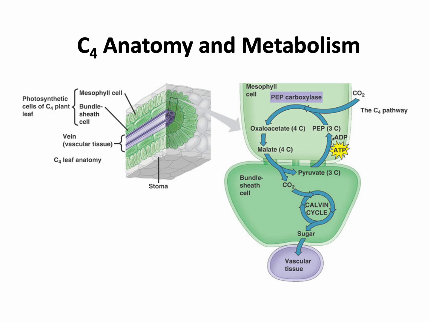Then it gets imported through special channels into the bundle sheath cells, which you see are located in the lower cell there. And in the bundle sheath cell, it's going to release this CO2 from this 4-carbon molecule. It becomes a 3-carbon pyruvate at the same time, and then that gets cycled back in. So they basically have 2 cycles. Now you have the CO2 released in the bundle sheath cells, and it's going to go through the Calvin cycle as before, produce a sugar, and that sugar will eventually make its way into the phloem.